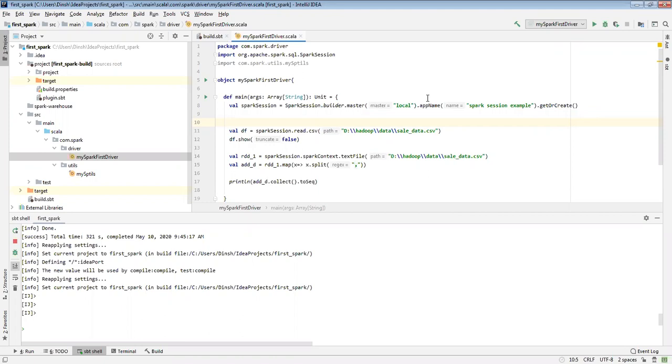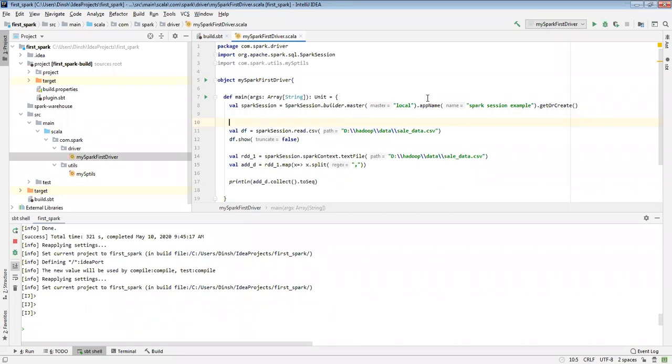For example, people who have worked with Spark shell will notice that whenever you launch the Spark shell, the Spark session and the Spark context are both created automatically.